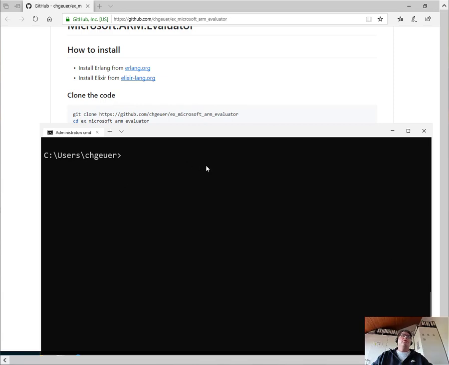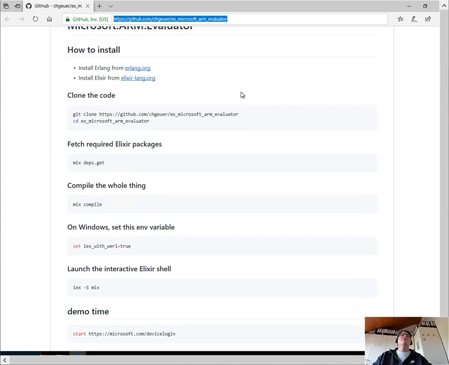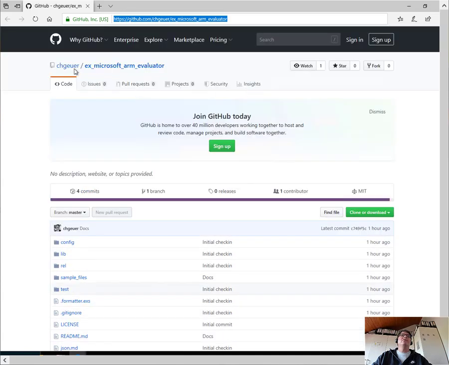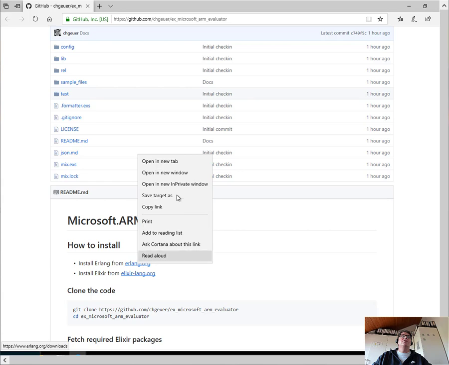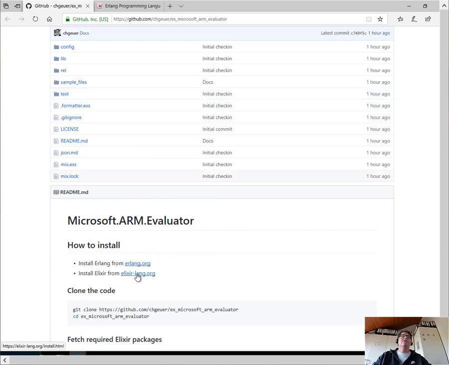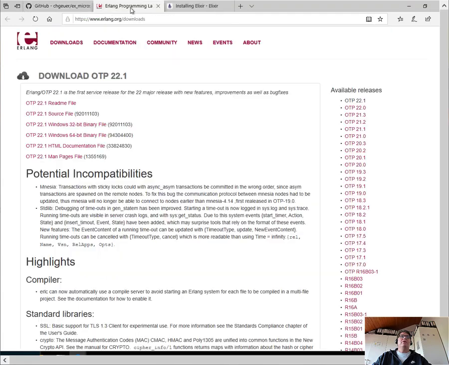So before we can try out the whole solution, we navigate to GitHub, to my account chgeuer, the Microsoft ARM evaluator, and in the README we can see from where to install Elixir, and on top of Elixir we need to install Erlang. So in the Erlang